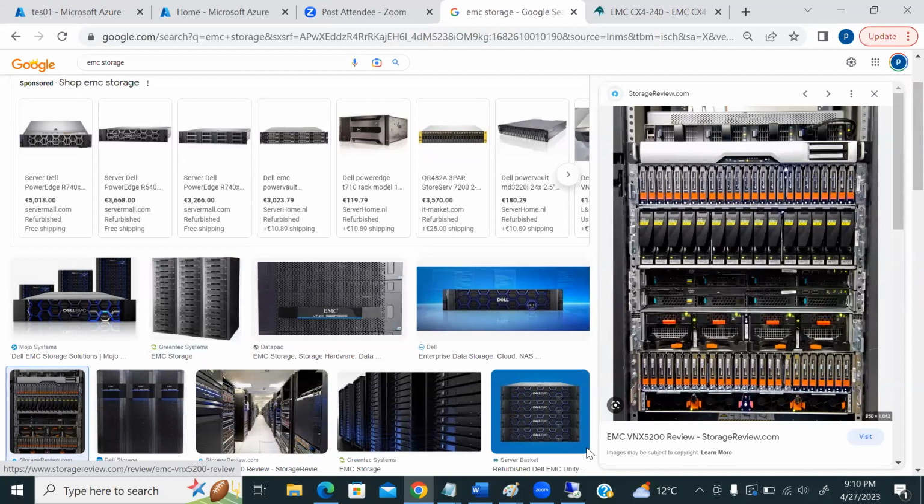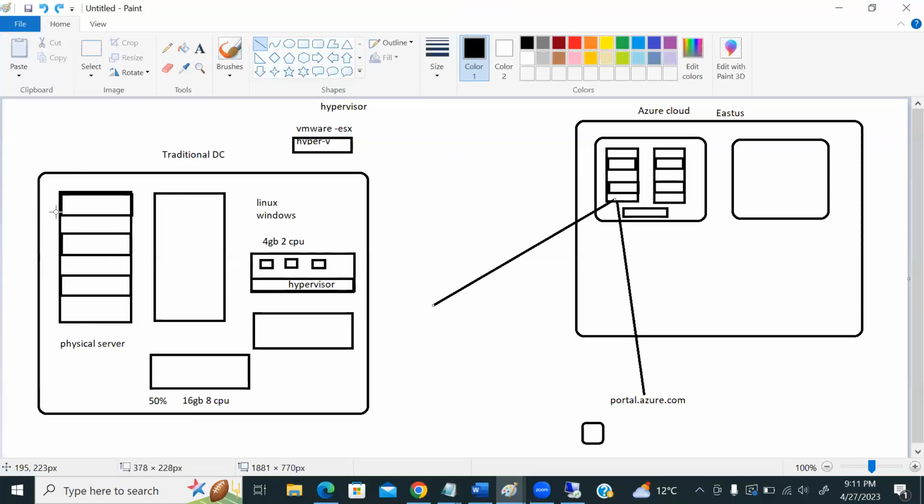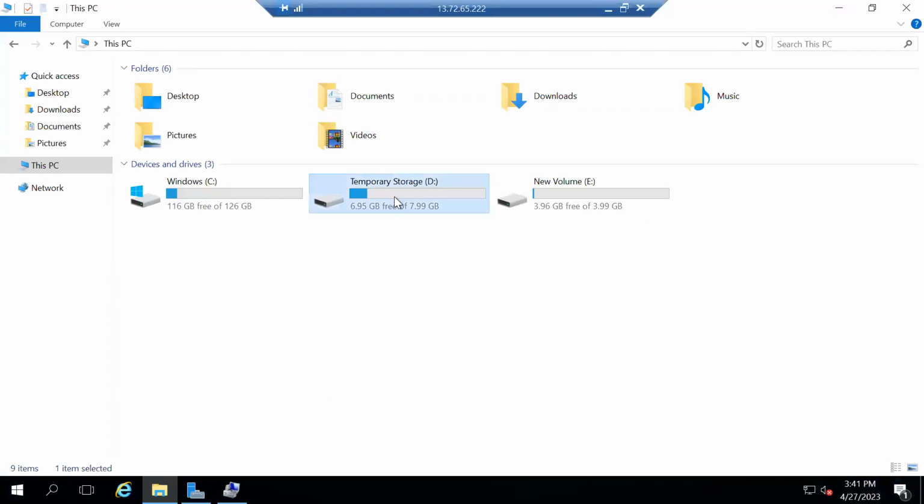In real time, even in a traditional data center, physical servers may contain some hard disks, but those we use for the operating system. For database storage and application storage, we allocate storage externally to the physical servers. Same way here, we are getting our virtual machine storage from the external storage box. If we want additional disks, we can provide them from here. But this 8 GB temporary storage which we are seeing here,